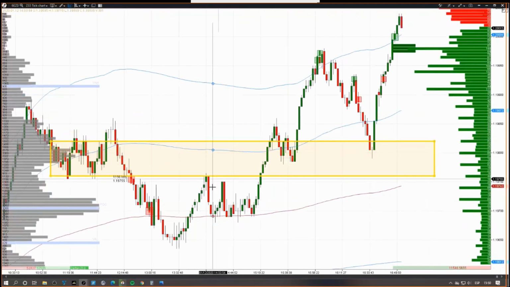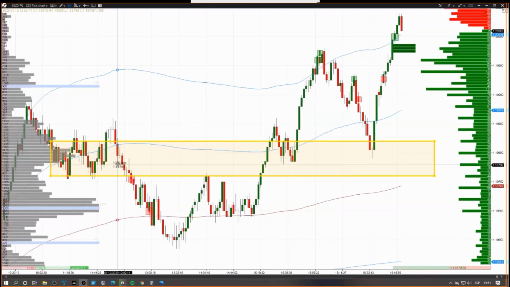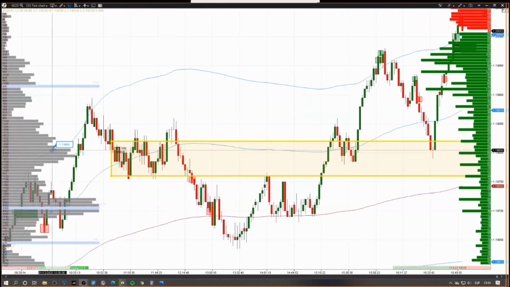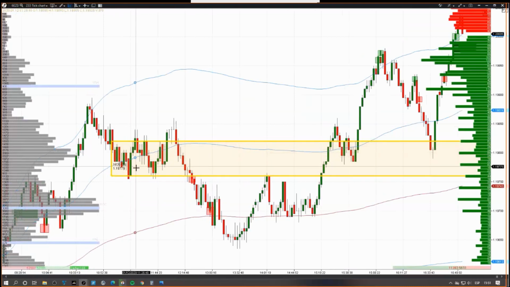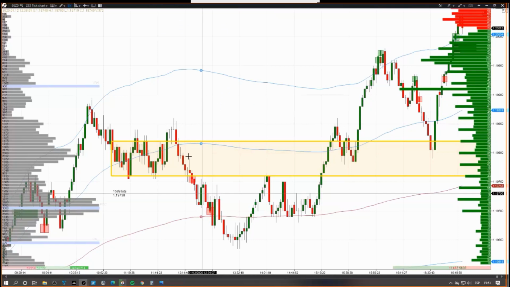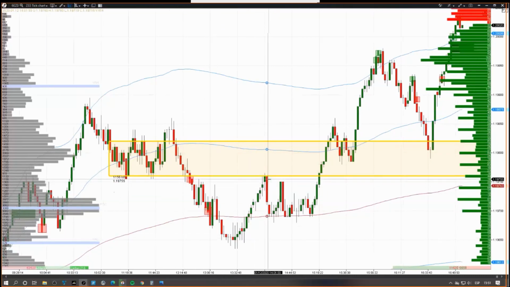Every time the price tries to go through this area, this dense area, this is volume here. We can see in the volume graph how long the bars are because there's a lot of money here making these rotations. Once this rotation is broken, like on the downside in this case, you can see how the price has a very hard time trying to go through it. And finally it did it here.